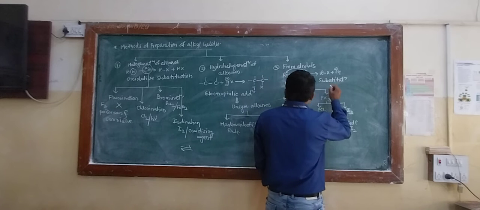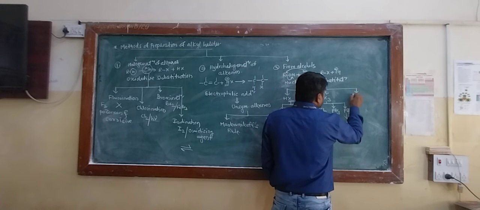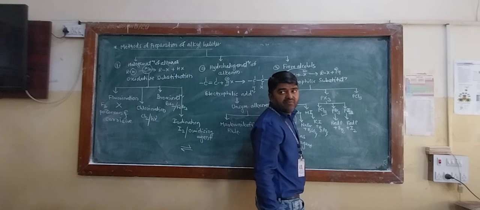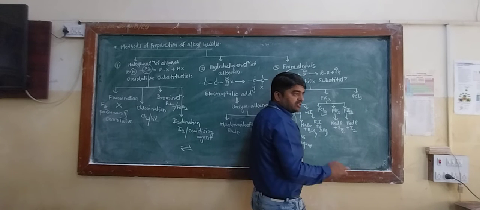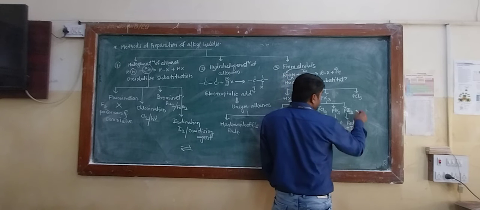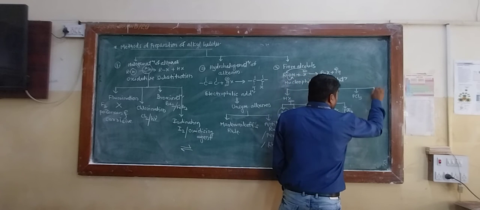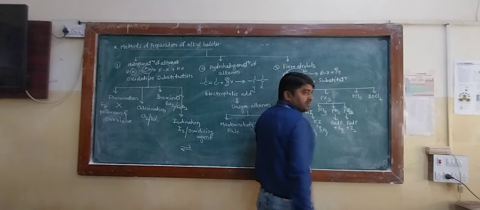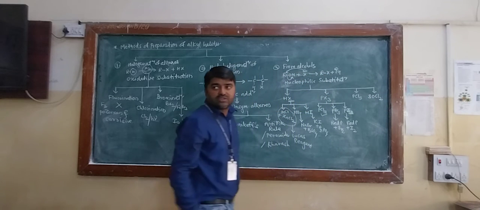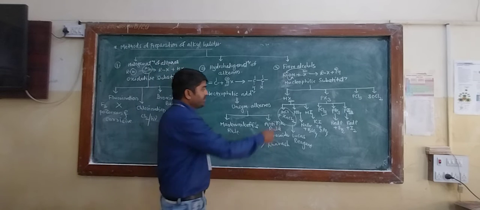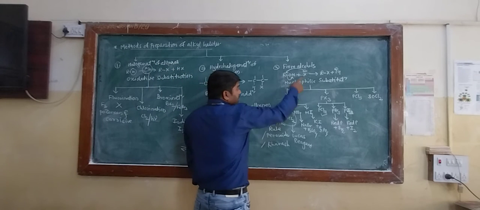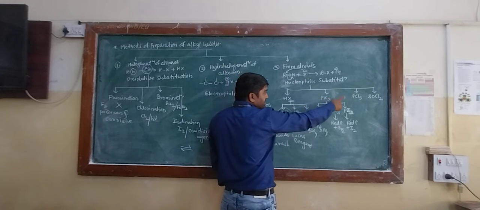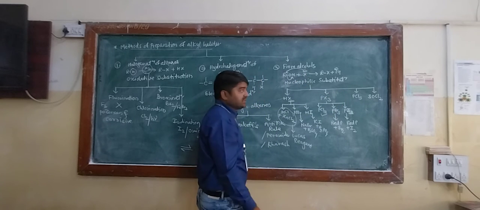Okay. Then the next source is PCl5. PBr5 and PI5 do not exist because of the atomic size of Br atom and iodine atom. And the next reagent is thionyl chloride, SOCl2. So these are the different sources of X minus ion: HX, PX3, PCl5 and SOCl2.